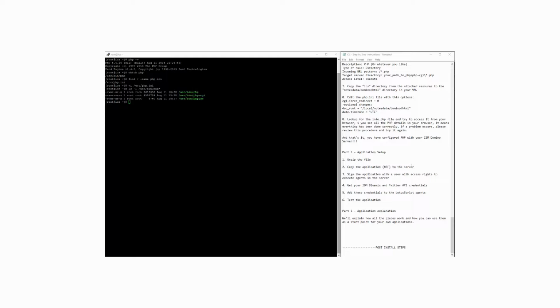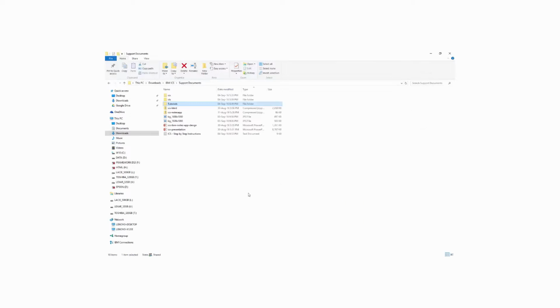Okay, this part is going to be, I think, very quick because it's very easy to configure. As you can see in the attached files, you will find another zip file which is called ICS Notes app. This zip file contains only one very small NSF database. What you will have to do is unzip it,